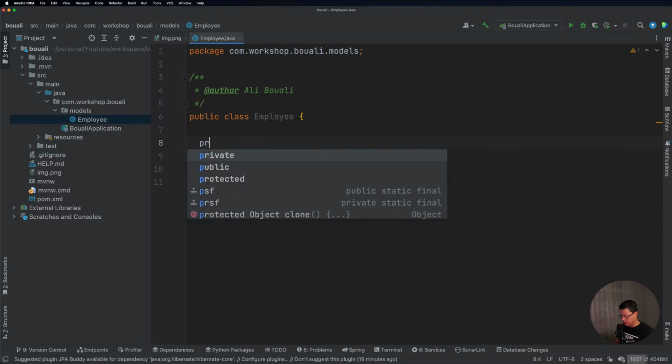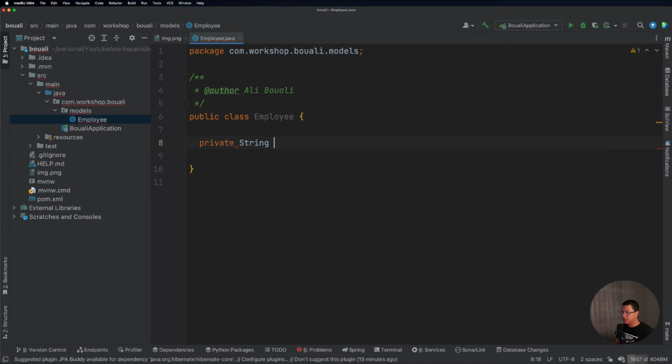In here we will have the attributes like the private String identifier. Also, we have a String first name, last name here.